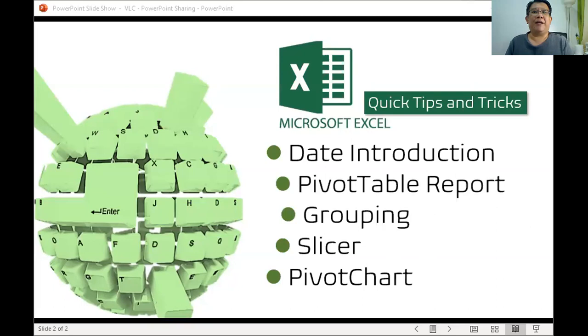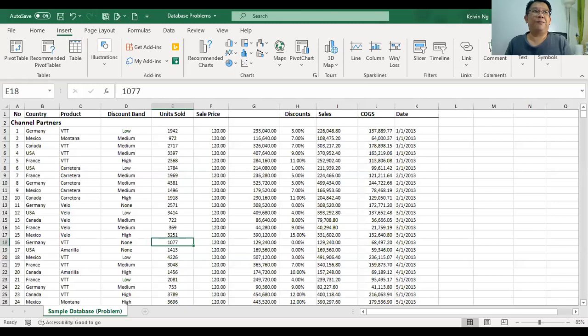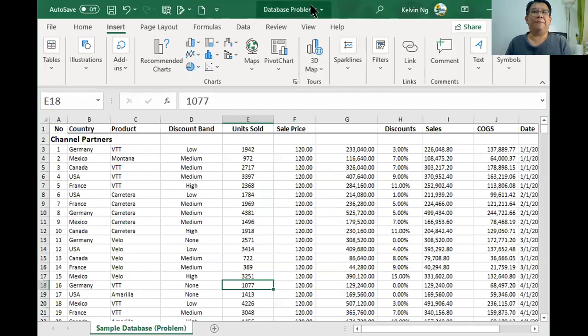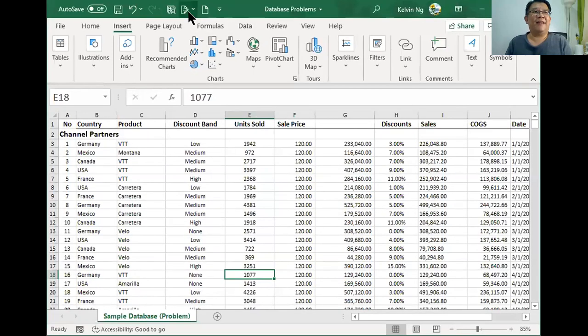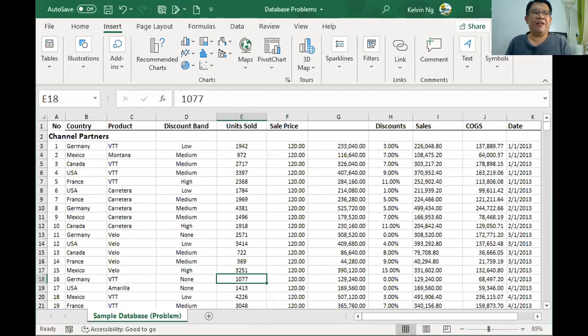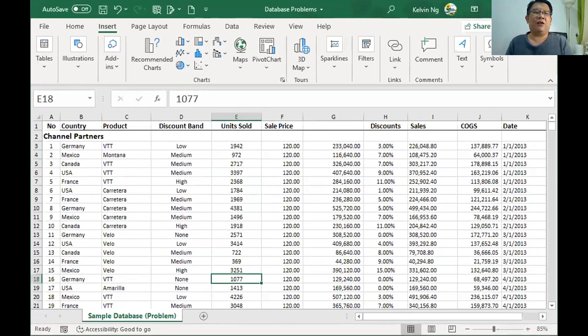Let's move right into it. I'm going to share my Excel screen now. I hope this screen looks familiar to you. If it is not, then you have not been using Excel. This screen should be quite familiar to you. Now, the feature that I'm talking about here is called pivot table. If in your office you have this sort of table, this kind of data,